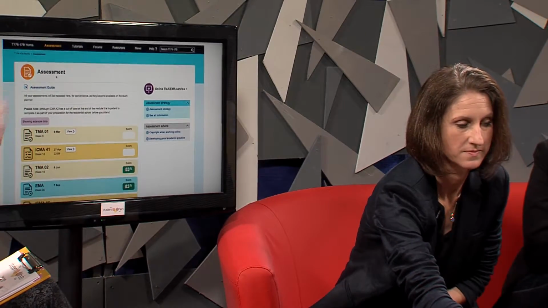And that assessment guide is not to be missed because that's often got really crucial information that's important throughout the whole module. Things like referencing is often in there, and all those things that should be read in addition to all these other areas. Yes, I think definitely read everything on the assessment page. Not all in the first week, not all in one go. We don't want you to overwhelm yourself. But certainly the assessment guide and the guidance at the top of the page will be relevant to the assessment throughout your module.